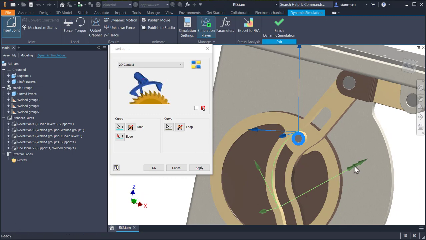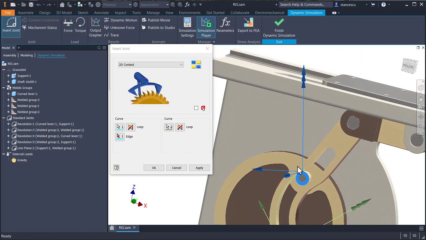You see the Z arrow is towards the center of this slot for the slot, and toward the slot for the roller. It is good. We want to be in contact this with this. Okay,